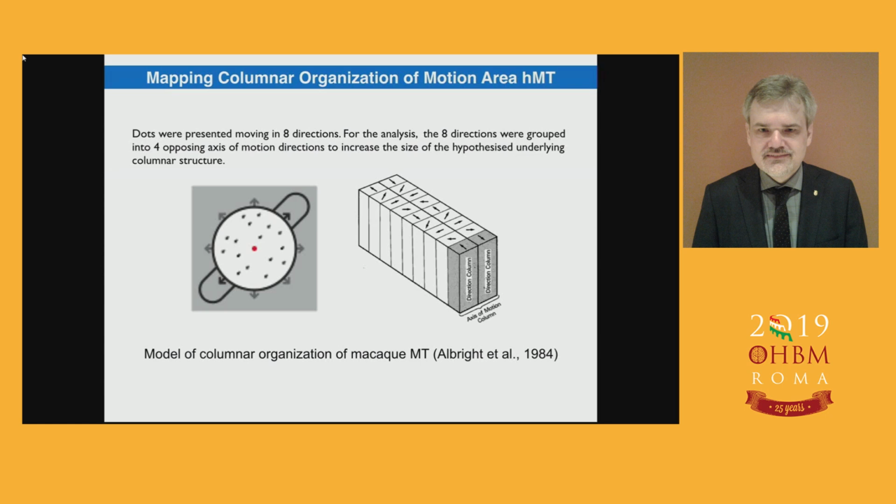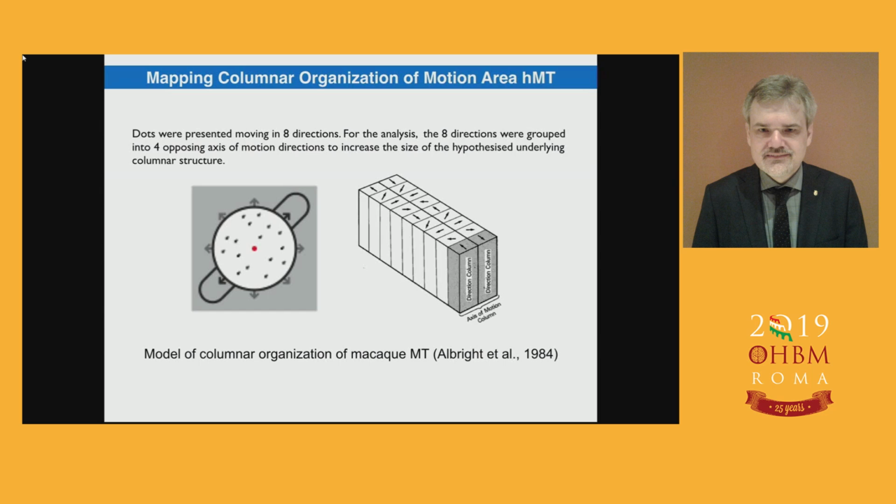We re-implemented that, and we predicted that for direction of motion, the resolution we had at that time, 0.8 millimeter isovoxels, is not good enough to resolve the columnar structure using the Scheimhoff model, which we saw earlier. So what we did finally, and Scheimhoff was contributing to that, and Amir, we pooled opposing directions of motion, because that gives you bigger assumed or